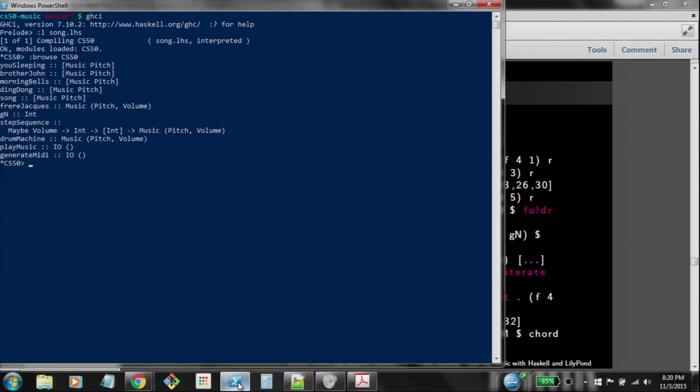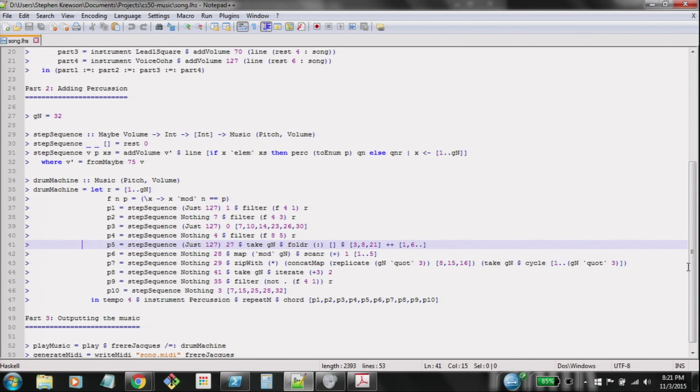So we see that we have all these phrases, which are lists of music pitches, and then we build these up into something larger, which is a music song. It's a musical unit, and then we can play this all with a function called play music. You can see that down here,